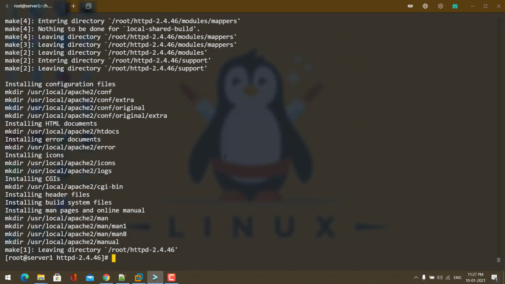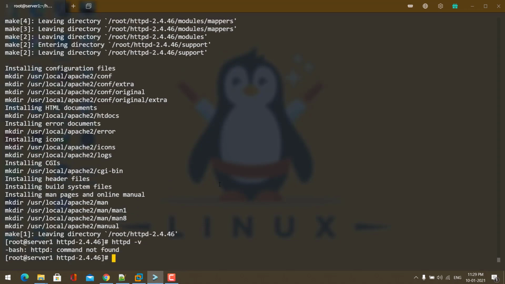After installing Apache, you need to configure some things. So now you can see this command is not installed. If you use yum install command, this command will work. For source code installation, this command will not work. We need to fix this. For that, follow this step.